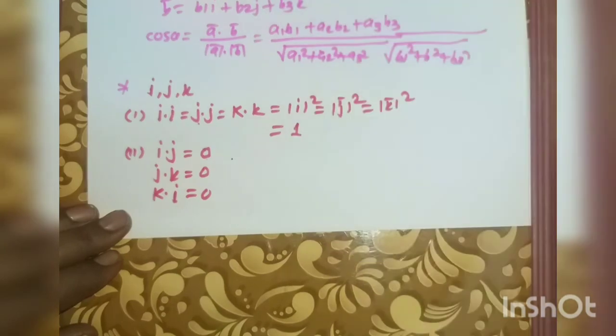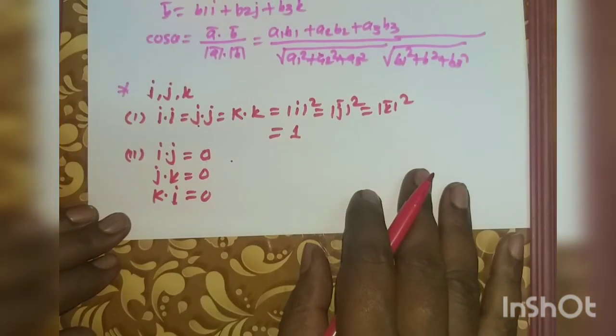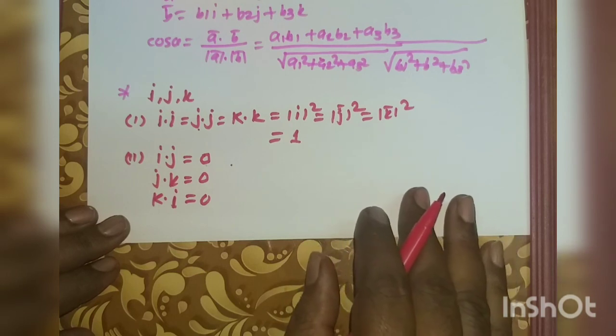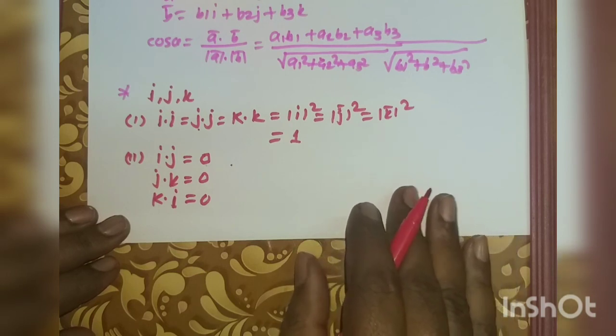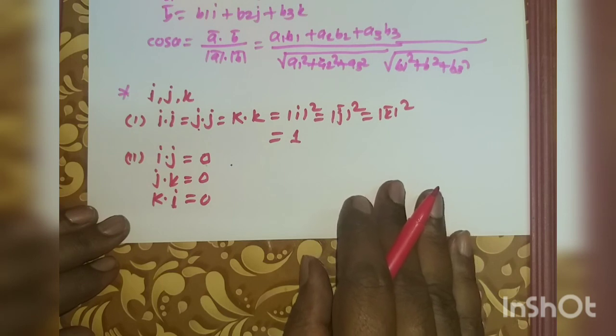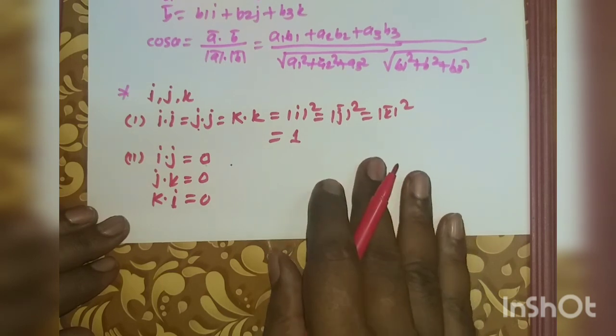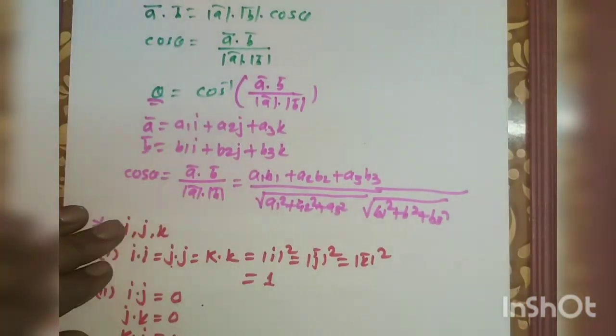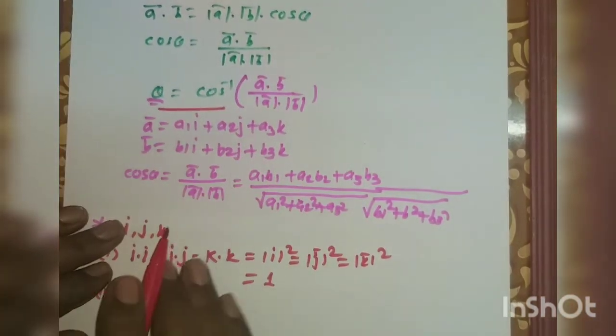And then the next point, in the next period we will study the projection of a vector. Today we discussed what the scalar or dot product is and the properties of the dot product, as well as the angle between two vectors by using the dot product, that is theta. Okay, thank you.